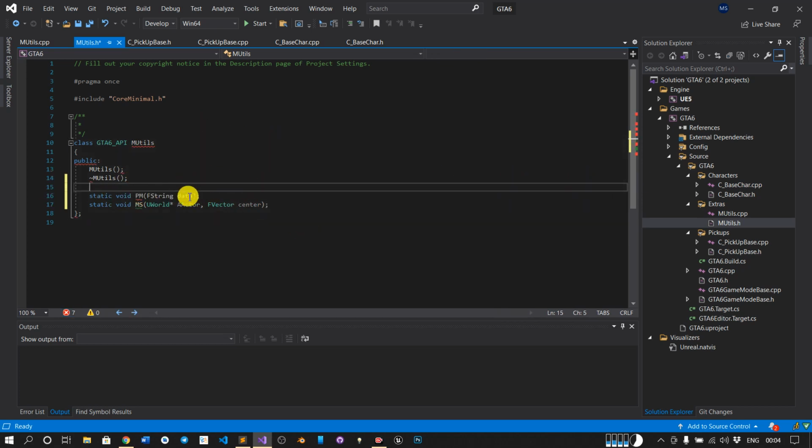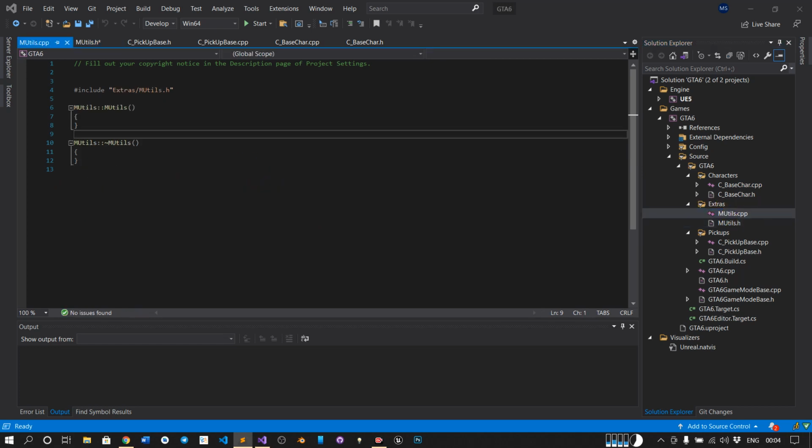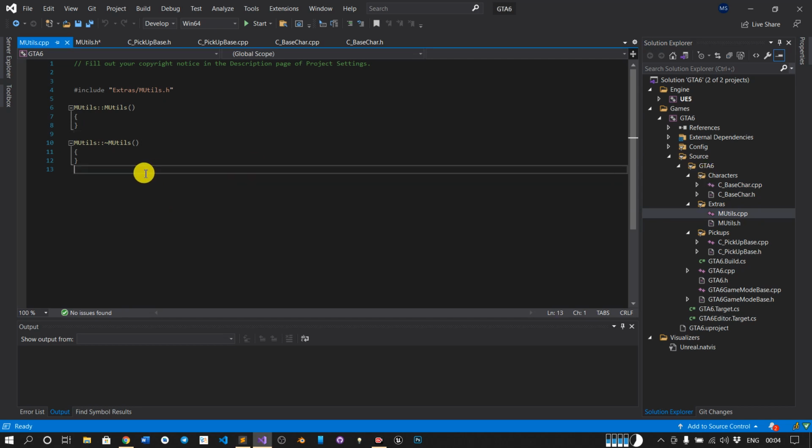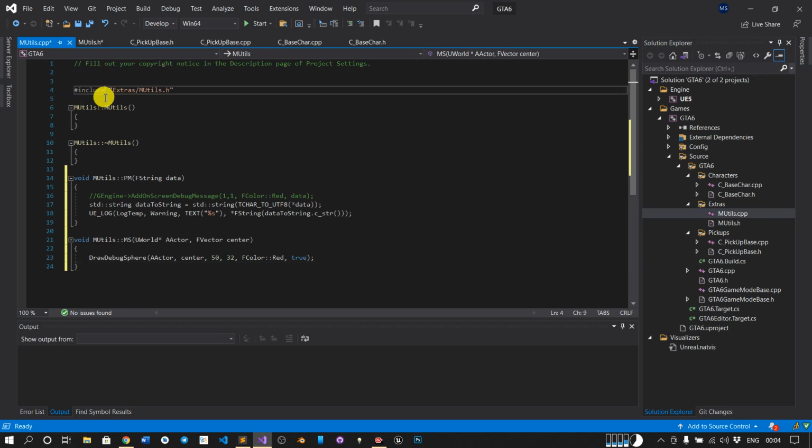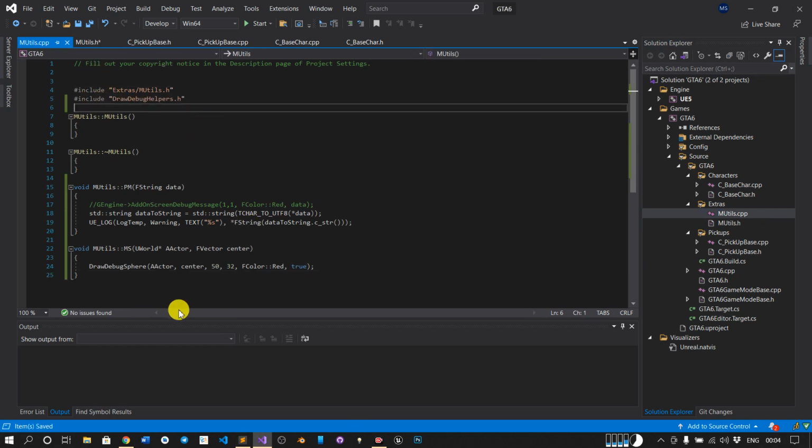PM is from message, like we have to write UE_LOG and the whole story again and again. So to make it short, we are doing this, and go to the CPP, and in the CPP I am copying the functions here. See, DrawDebugSphere is a util function with which we can create a sphere using the center and the UWorld.